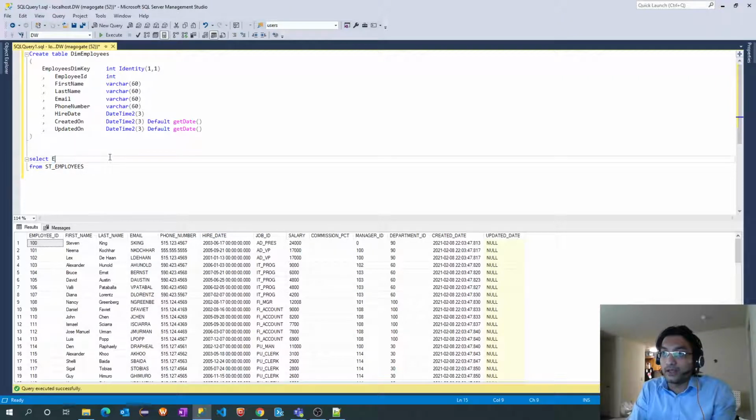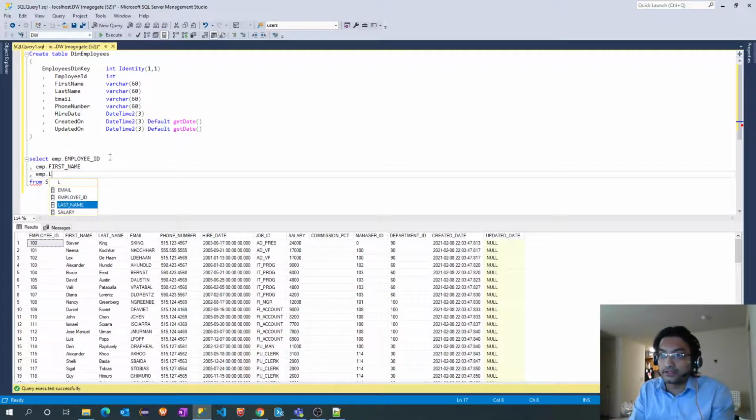Employee ID, EMP, first name, last name, email, phone number, and hire date.